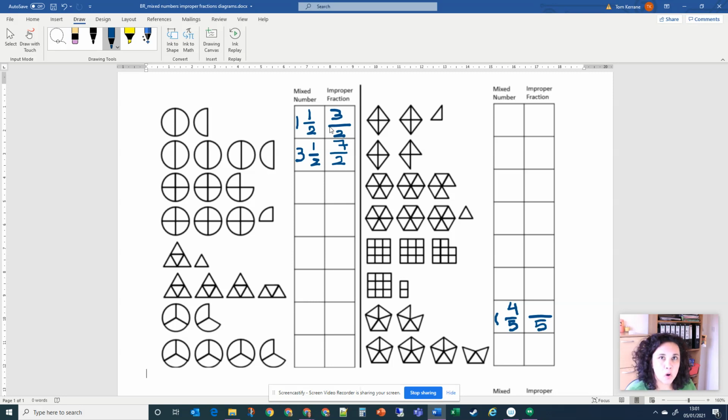And let's count them all to find the improper fraction. 1, 2, 3, 4, 5. 5 parts make a whole. 6, 7, 8, 9. So 9 of those fifths. Press pause on your video and have a go to see how